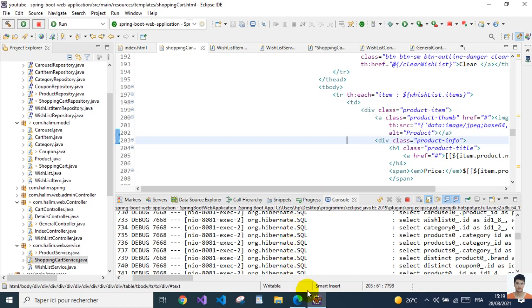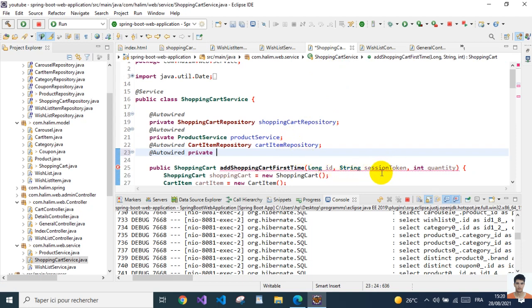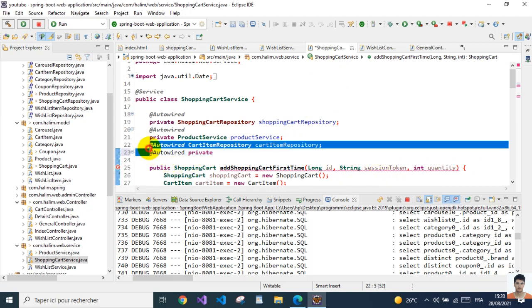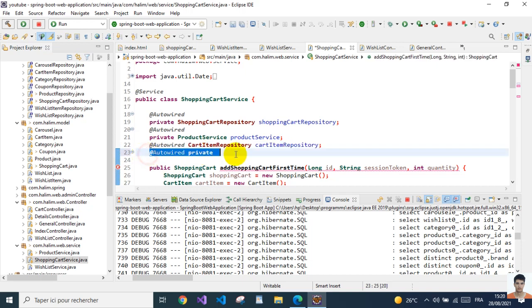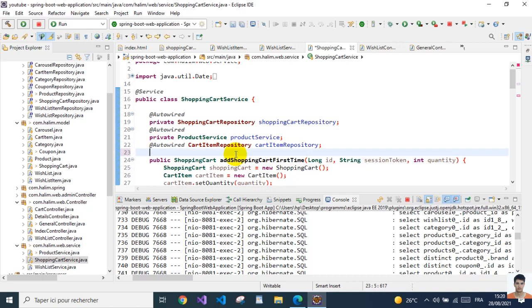So that's it. In order to fix this, we have two options. Either we use a different session token for the wishlist and the shopping cart, or whenever we create a cart row inside the shopping cart table, we also create a row inside the wishlist table. Or, I guess I'm going to use a different session token,